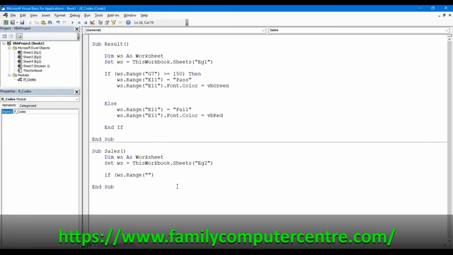So G8, which is the current month sale, if it is greater than ws.Range of E8, which is the previous month sale,